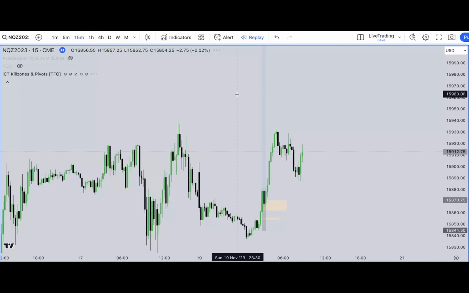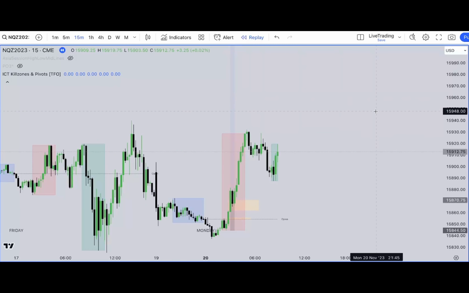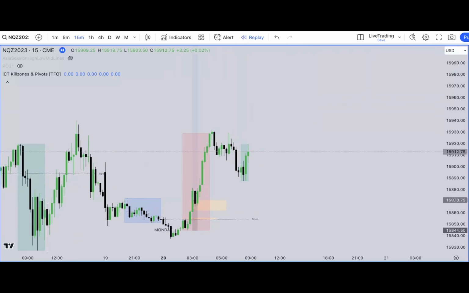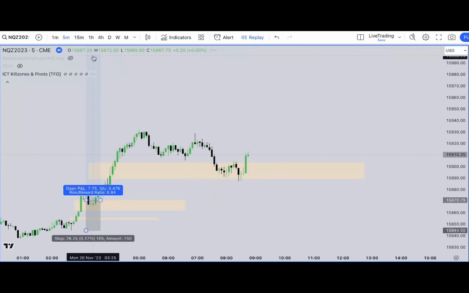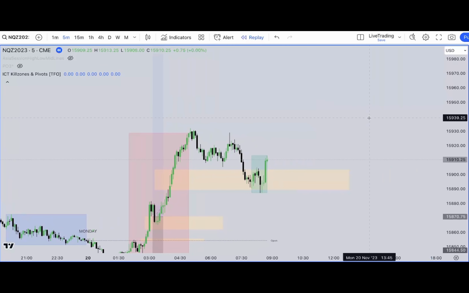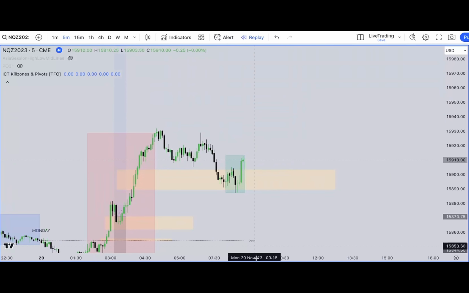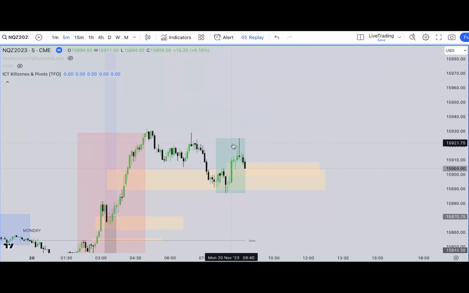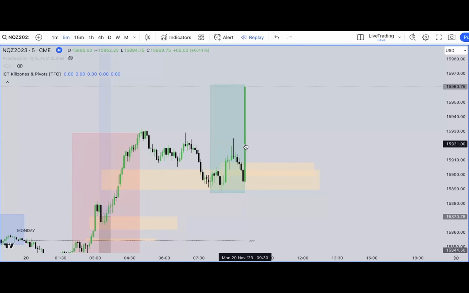I can also go to the 15-minute time frame for this, whatever you prefer. I would like my higher time frame analysis to look at the 15-minute, because then you can see that there is a lovely fair value gap right here on the 15-minute that gets respected with the bodies. And then go back to the 5-minute to check what's going on inside that 15-minute fair value gap. And what happened inside this 15-minute fair value gap, there's another 5-minute fair value gap where we probably can trade up from. And then it's almost New York open, 9:15, 9:30 is New York open, and at exactly 9:30 open,